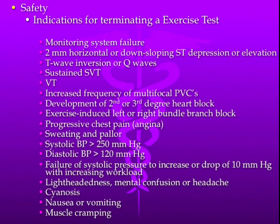left or right bundle branch block, progressive chest pain, sweat and pallor, if the blood pressure is getting greater than 250 or the diastolic pressure is getting less than 120. Failure for your systolic pressure to increase or drop with increased workloads. It means if